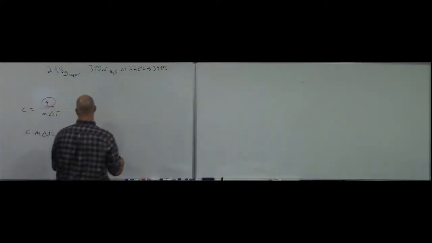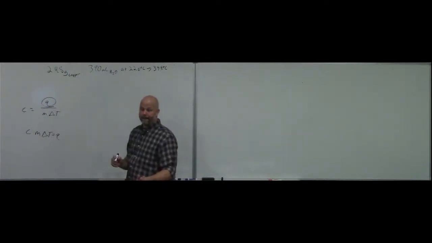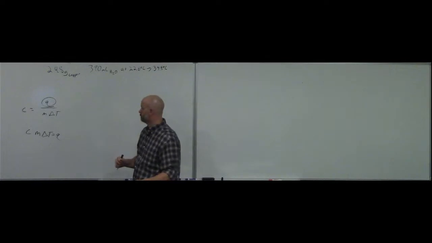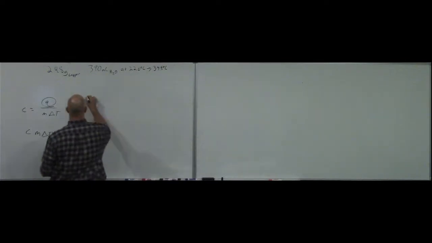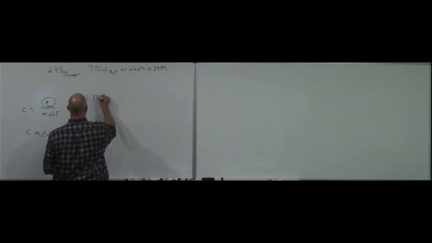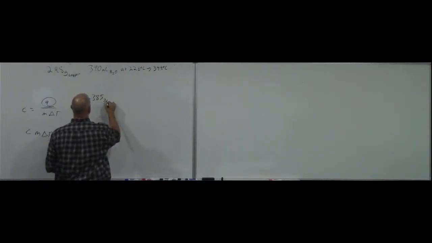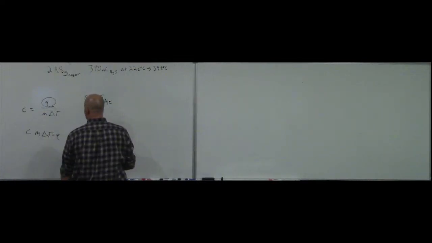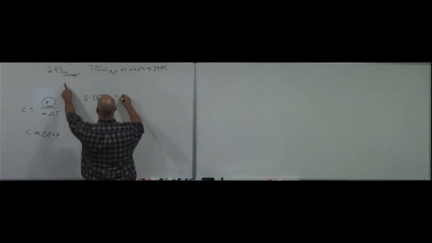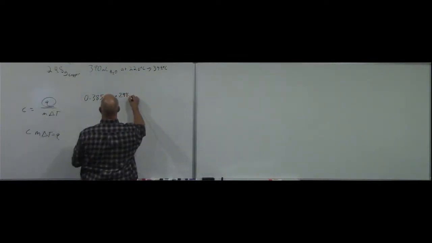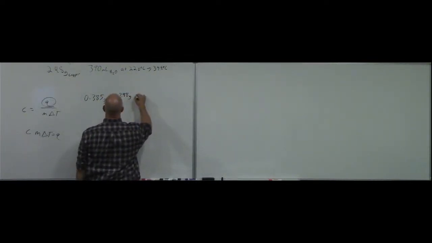So I can set both sides up with their information for that. Specific heat of copper, what is that? 0.385 joules per gram degrees centigrade, right, times a mass of 248 grams times